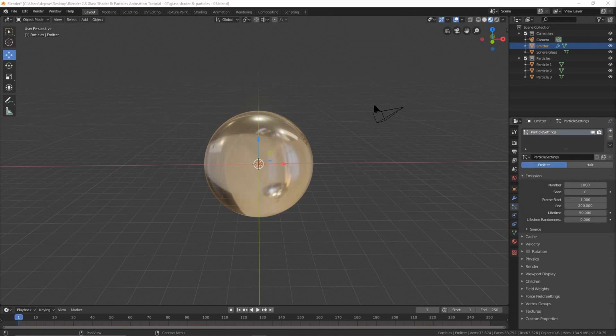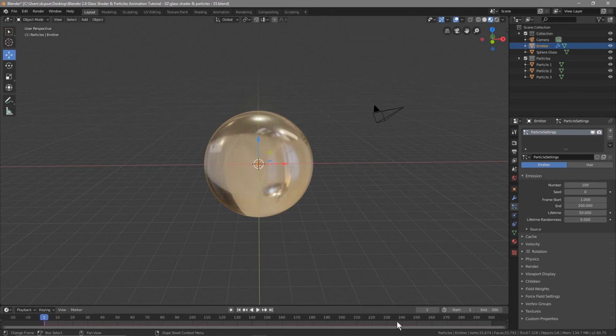And we want to set the particles to around 100 for now. We might increase or reduce them, I'm not quite sure yet. And right now we've got 250 frames, so let's set this to 300 for now. We'll increase the frames slightly, and this red line is a bit hard for you maybe to see, but on